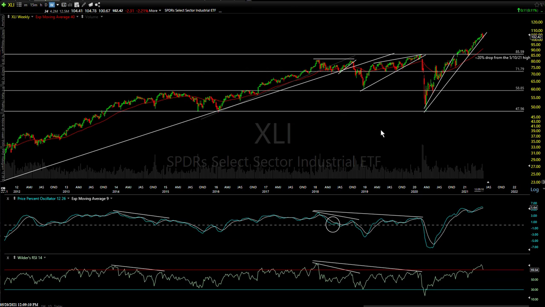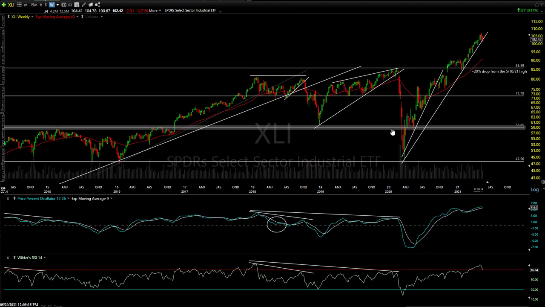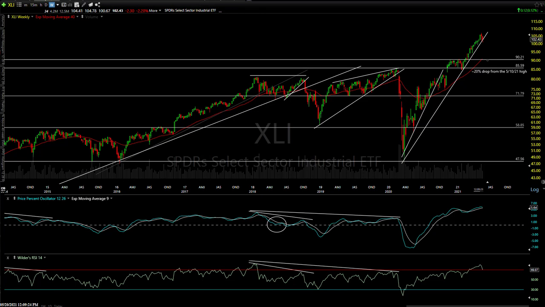XLI Industrials. This is what I wanted to share with you. This is how it looks on the weekly chart. To keep it very simple, if you wanted a sole target, although I gave you some along the way, and I think we probably have a little hiccup here around 90.21 or so. That would be a minimum target, but this is where I think we come down to from where we're at now. Actually, I measured from the high last week. This one already peaked, and we're not far off it, back on May 10th. And I'm calling from that level a 20% drop.